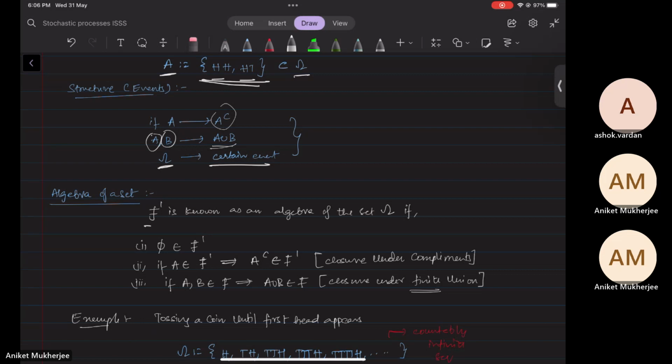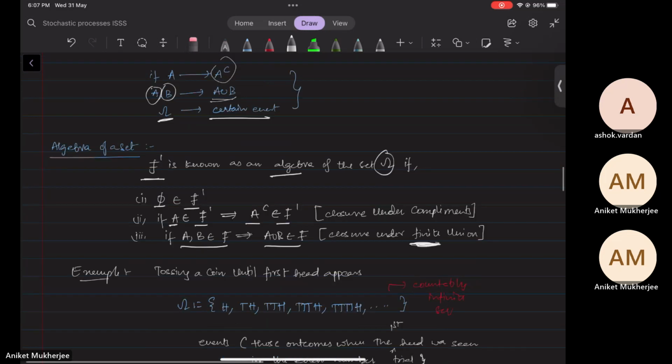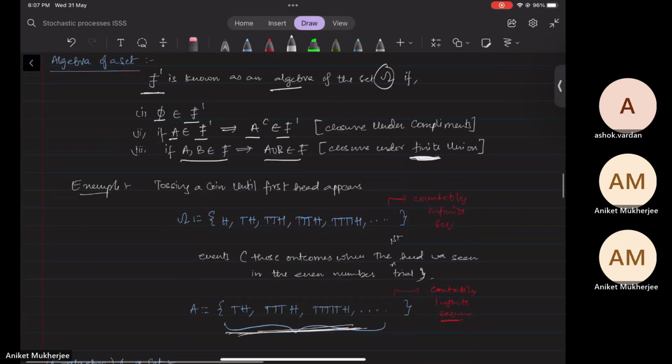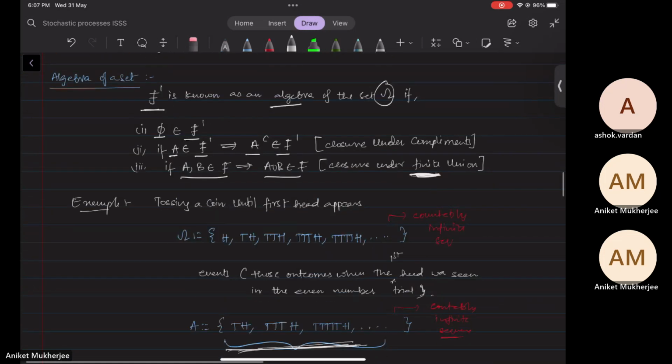So a collection of sets is known as an algebra of the sample space if the null set belongs to the collection, and if A belongs to the collection, then A complement belongs to the collection. If A and B belong to the collection, then A union B belongs to the collection. So this is closure under finite union. You can only take the union of a finite number of terms. Now the problem with this is